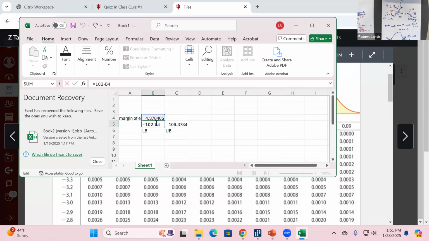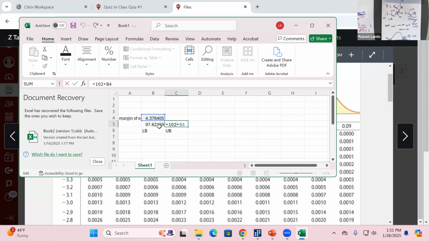How would I find my lower bound? Just take that mean of 102, subtract my margin of error. How would I find the upper bound? Take 102 and add that margin of error. And I could even put 102 in a different cell, reference that, and then for another problem, just update the sample mean that I had. Right? I won't expect you to do that or use Excel,